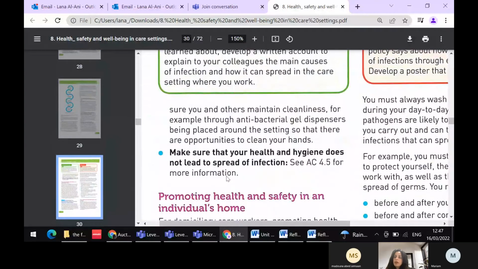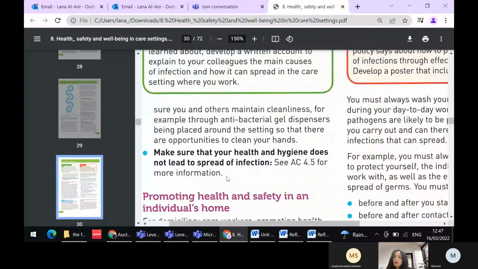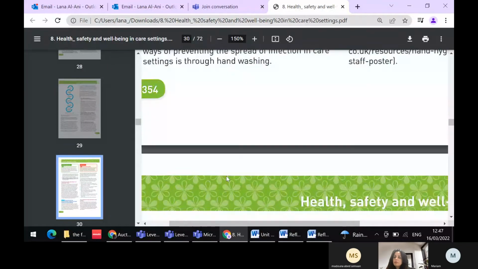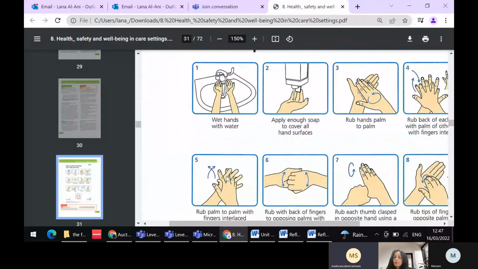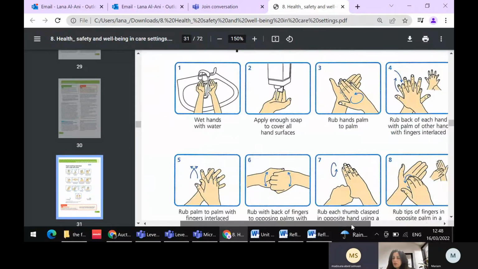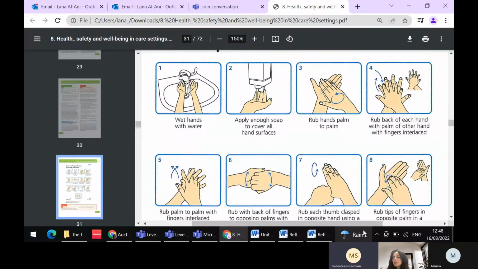In the meantime, do you know how you do the hand washing? Yeah, first of all, we have to wash the hand and sanitizer. We did this in the unit before. First of all, we need to wet our hands. If I was going to answer this question, I would talk about myself. I say in the care setting, I make sure I wash my hands as soon as I arrive, and also after I touch anything that could be contaminated or dirty.